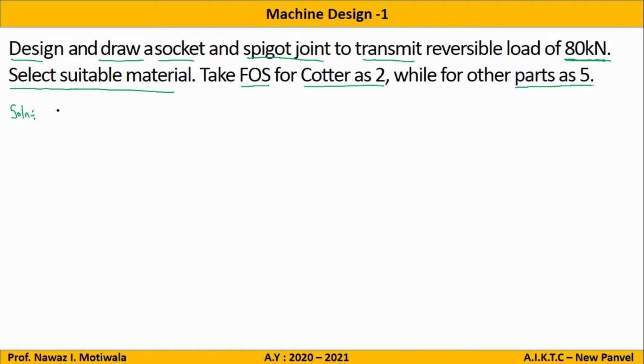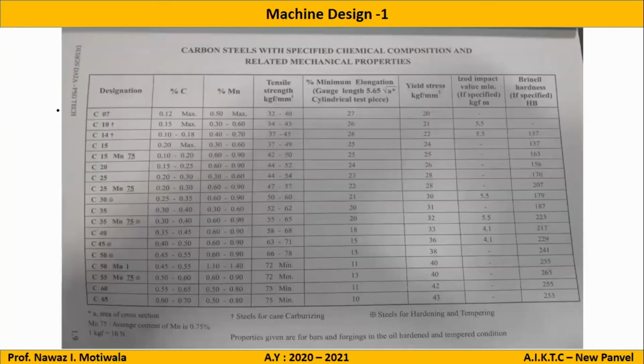What will be the first step? Selection of material. For that we have to go to which page number? 1.9, PSG database. 1.9, which I have it here with me. So now from PSG 1.9 we can select any material of our choice because we are the designers. I can choose anything which I want. So any material of steel under this configuration can be taken. Let me fix here as 30.